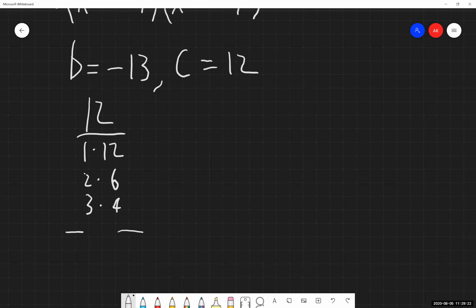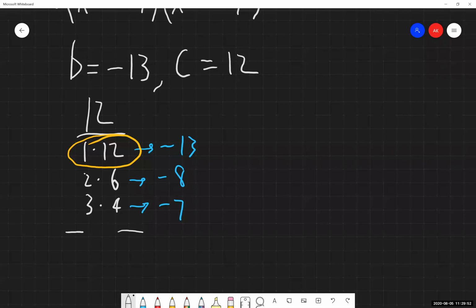So now I can go through, try adding these things together and see what I get. Negative 1 minus 12, negative 13, bam, that's what I'm looking for. We could go through and list out these last ones if we wanted to. It's not really required once we've found what we're looking for, but you're welcome to do so if you'd like.